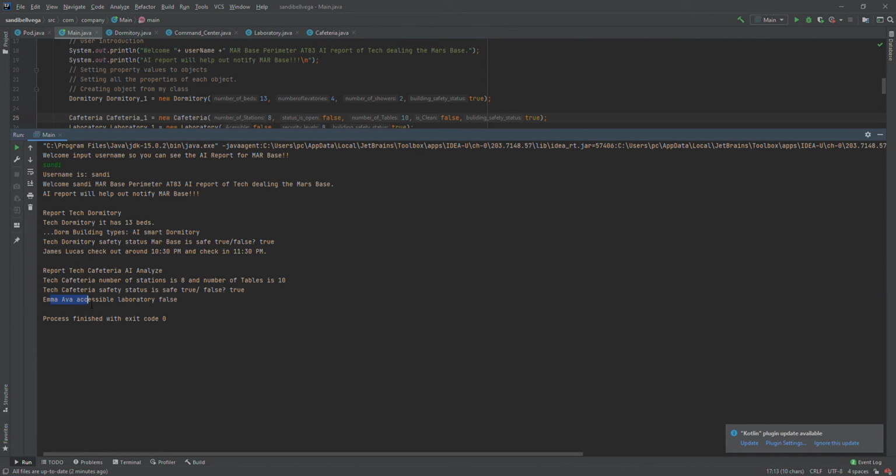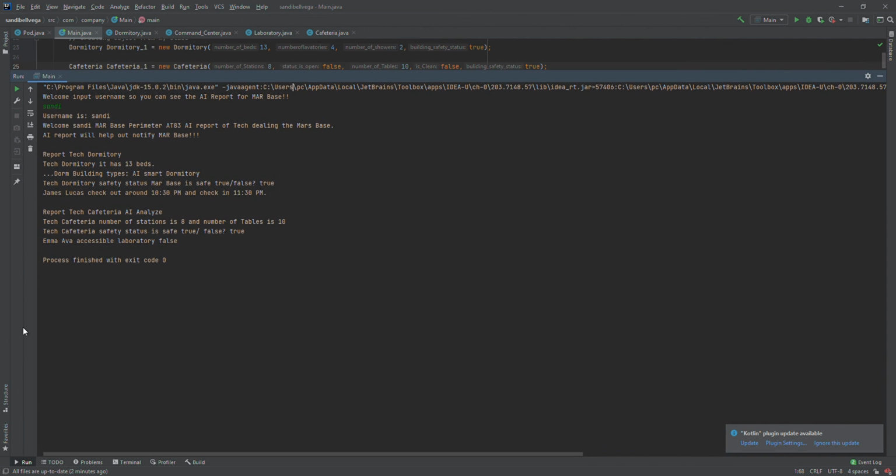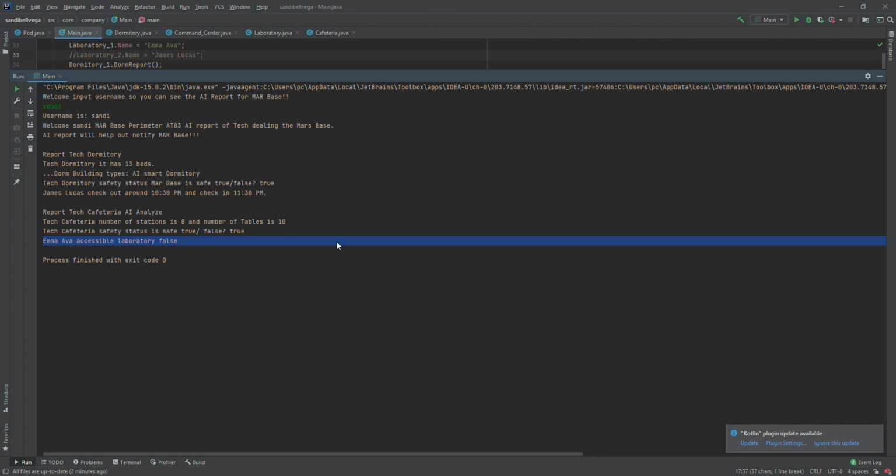And right here, this will tell you about the laboratory, if they have access. If they do not, it will just say false, and if they do, it will say true. So this is kind of interesting, me thinking about the safety and how someone can access the laboratory, whether they are allowed to be there or not. It will say it's false or your